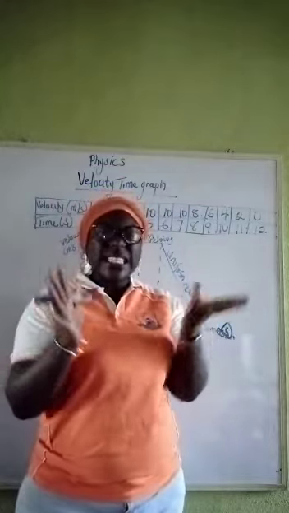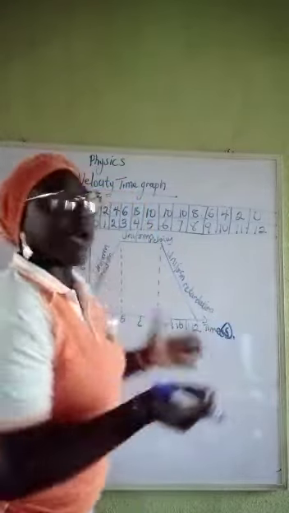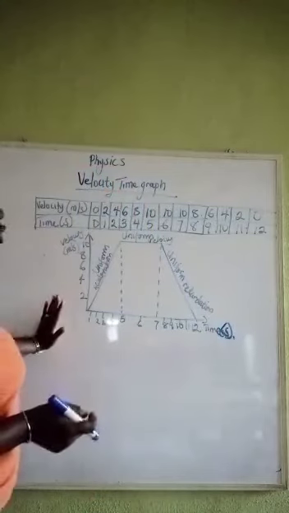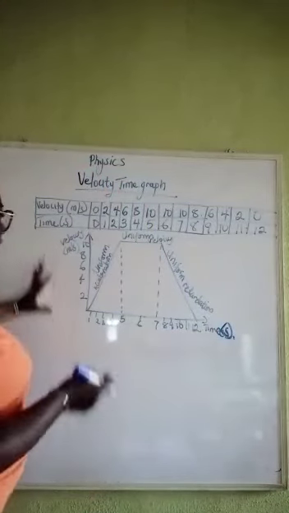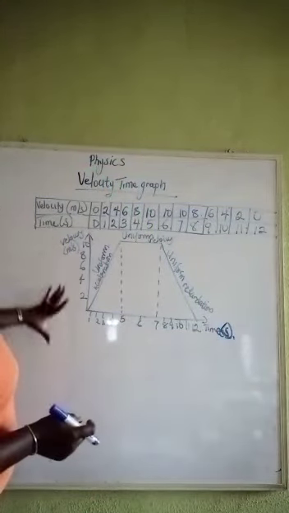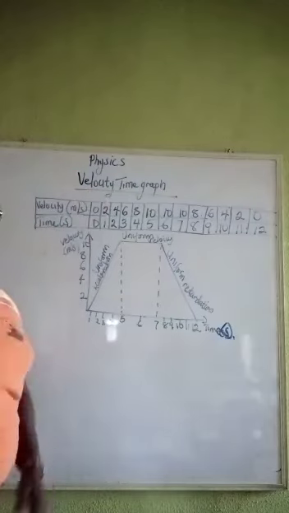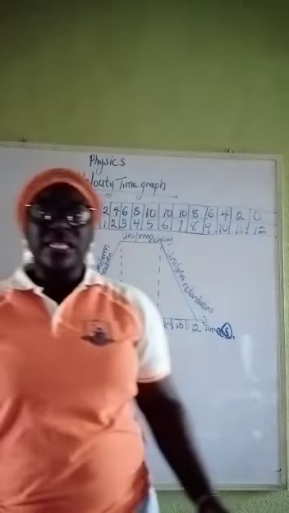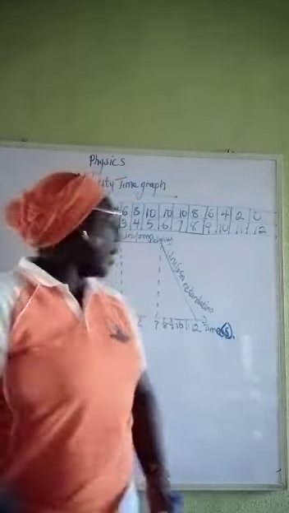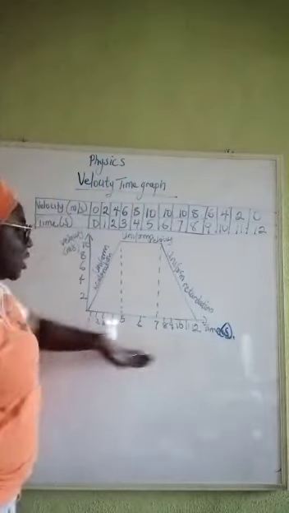So this is just a simple illustration of how a velocity time graph looks. The velocity with time makes it a velocity time graph. Makes it a what? A velocity time graph. So you have your velocity to your